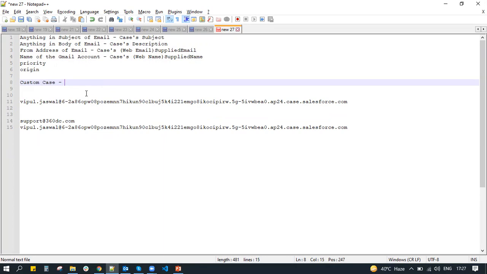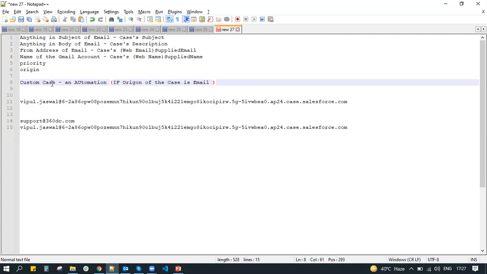In that case, you have to create an automation. So automation can be written on the criteria. For example, if origin of the case is email, in that case you can populate those fields as per your requirement, right?